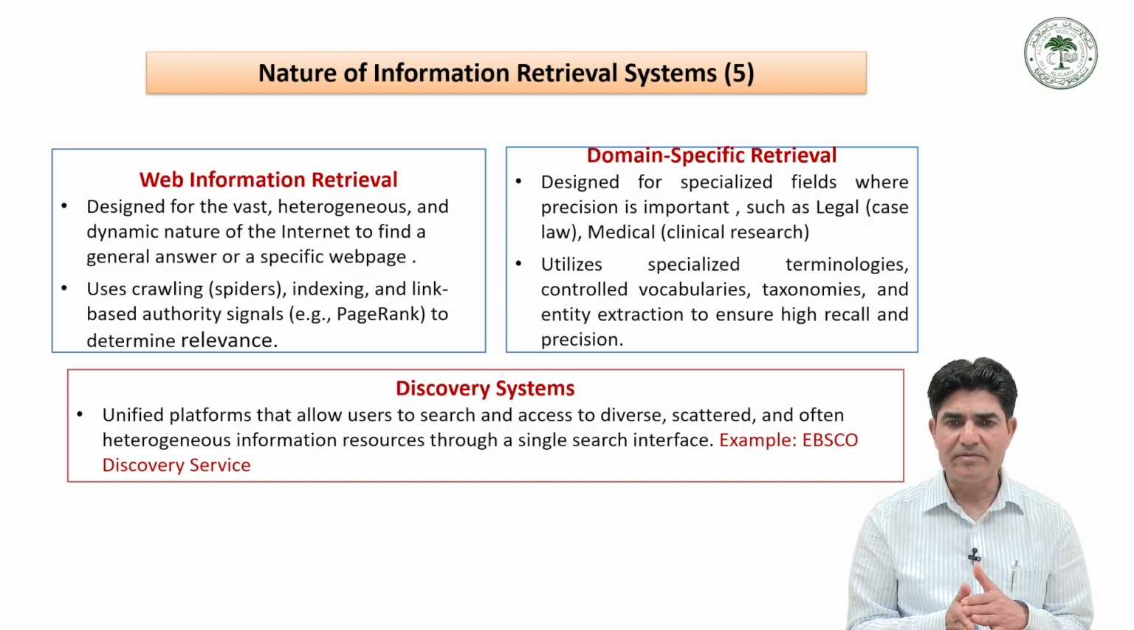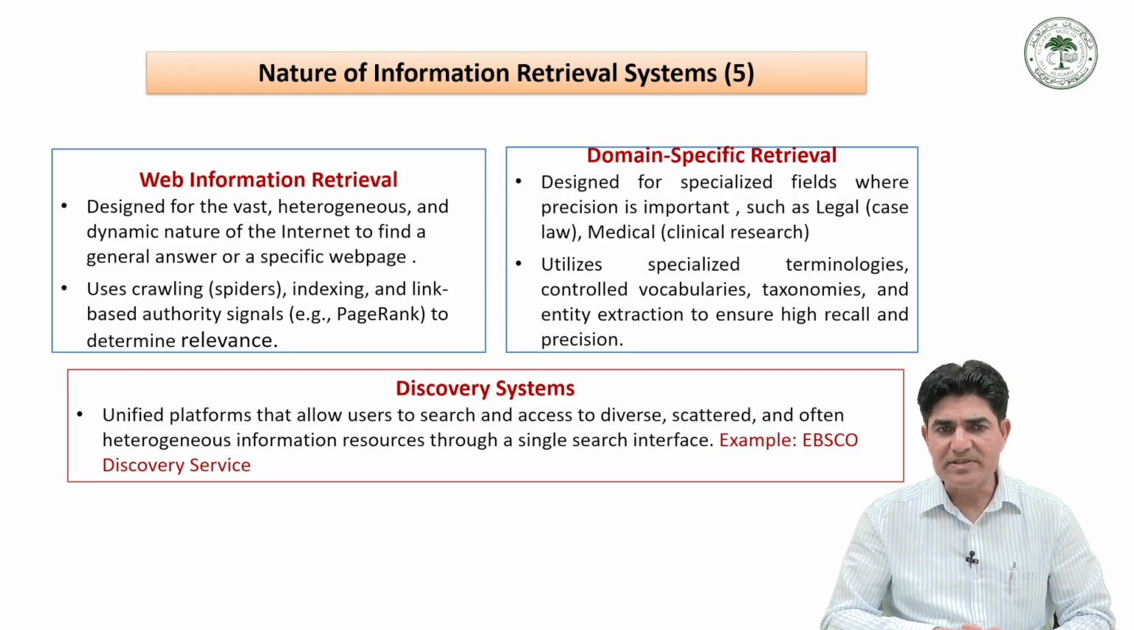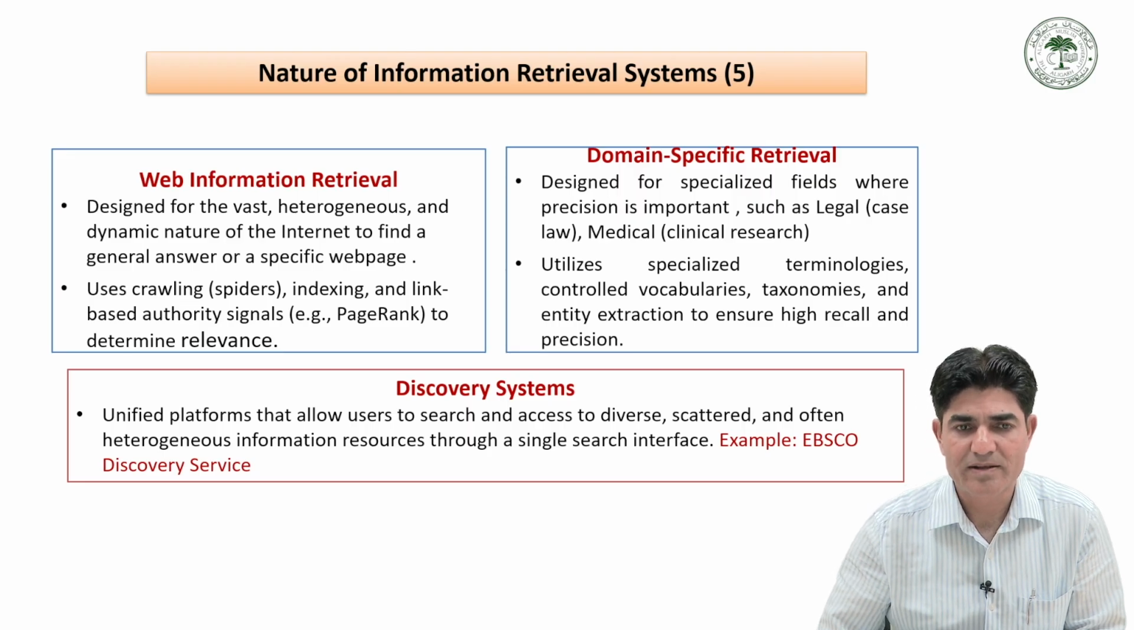Recall and precision both are important. Recall means retrieving maximum relevant documents, and precision means retrieving specific results or specific information from a large amount of information. The next category of information retrieval system is the discovery system, and they are basically unified platforms that allow